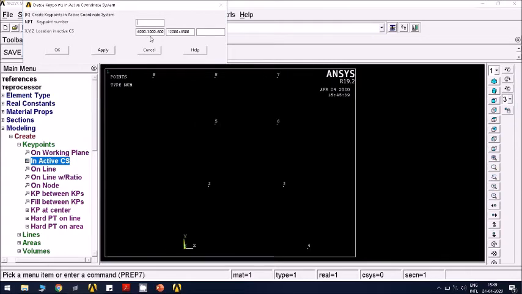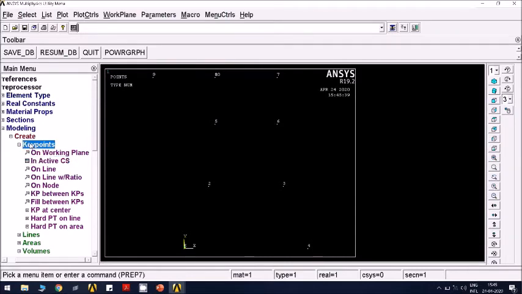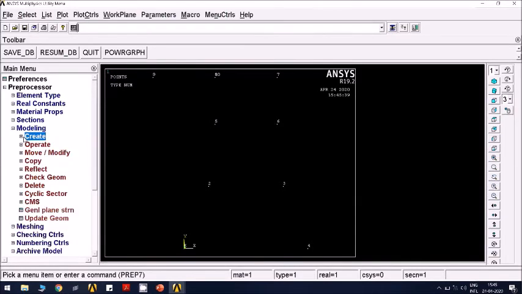Y coordinate is same. Similarly, this is 6000 plus 3000 plus 6000. Sorry, I think I have made a mistake there.